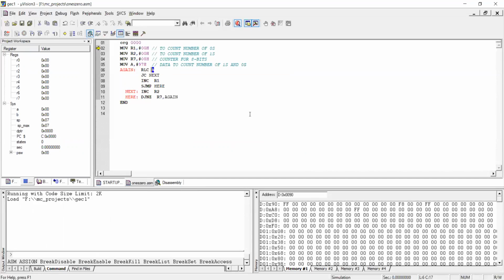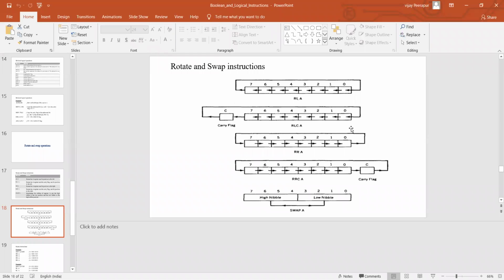We know how rotate left with carry on the accumulator works. Just to recollect, we'll go through that one. We have this instruction, rotate left with carry accumulator. The carry bit becomes the LSB of the accumulator here.